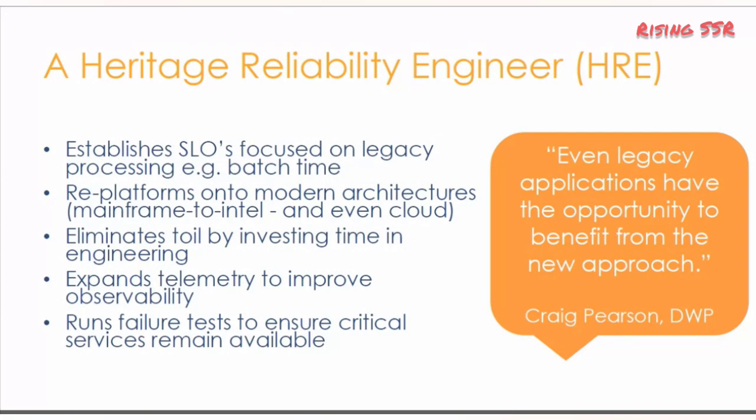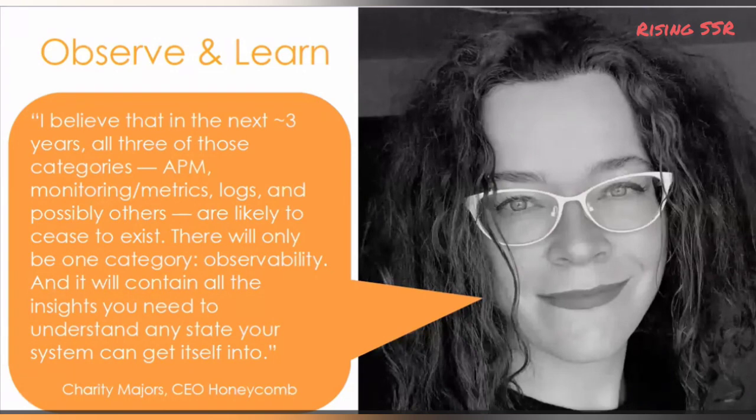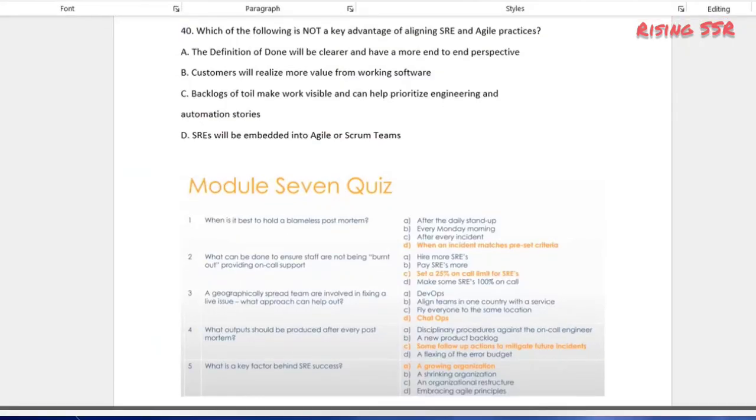Observe and learn. I believe that in the next 3 years, all three of those categories, which are APM (application performance management), monitoring metrics, logs, and possibly others, are likely to cease to exist. We talked about that, if you remember, and all these are going to be clubbed under one heading, which is called observability. And this is